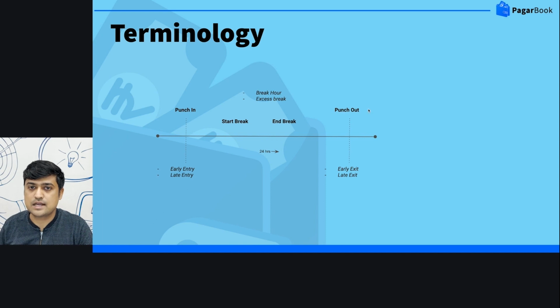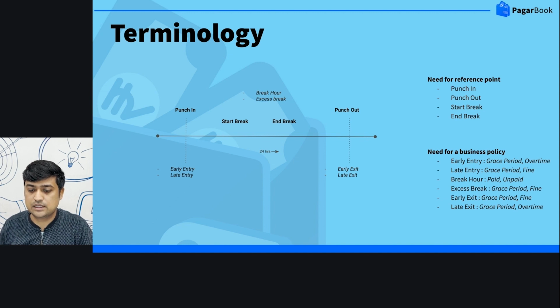So we need to understand when a shift starts in your organization, when the shift ends, what the break period is, and so on. So for us, there needs to be some reference point. The associated terms need some sort of a policy around them. So for example,